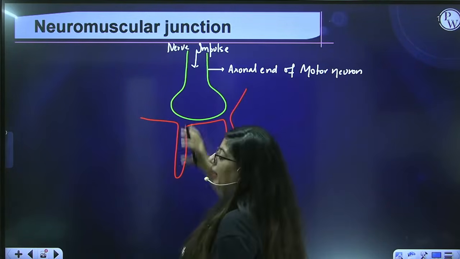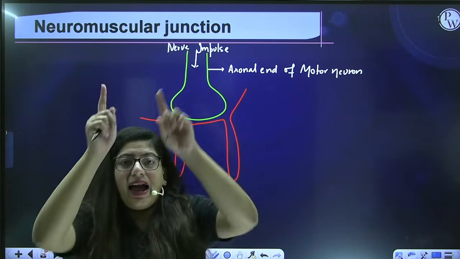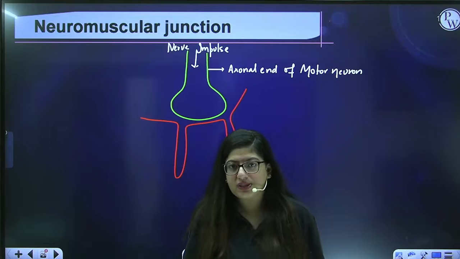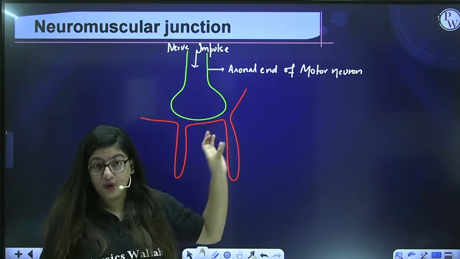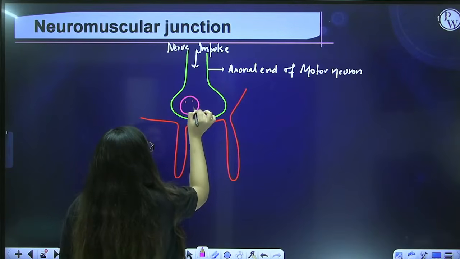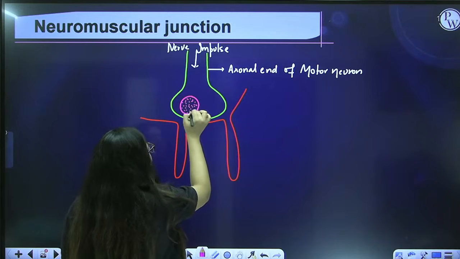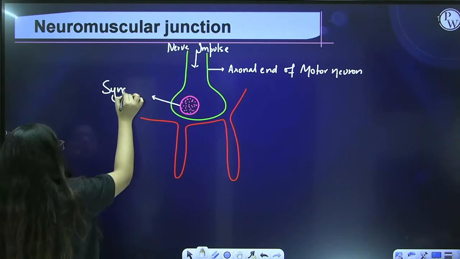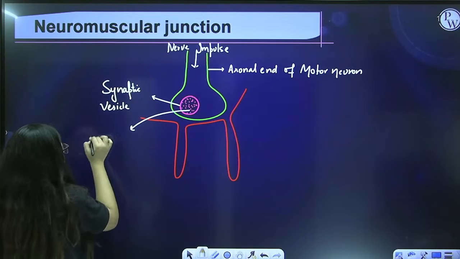Alright, so at the axonal ends or the synaptic bulbs are present synaptic vesicles. At the ends of the axon, they are known as synaptic knobs or axonal end bulbs. So this structure is the axonal end bulb or synaptic knob, and inside that are present synaptic vesicles. And these synaptic vesicles contain neurotransmitter. What do they contain, guys? Neurotransmitter. Okay, so this is a synaptic vesicle, and inside them is present neurotransmitter.